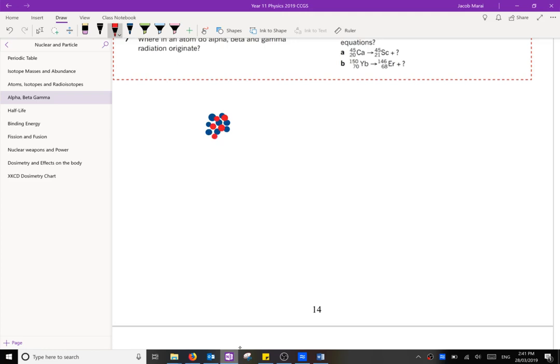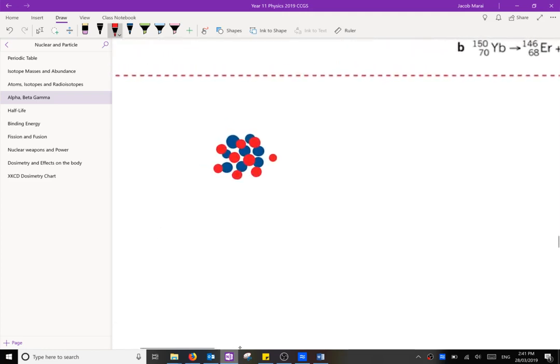In your nucleus, what I want you to visualize is all of those protons want to repel each other. There's an electrical repulsion. And so if the neutrons weren't there and I just had 1, 2, 3, 4, 5, 6, 7, 8, 9 protons, so we are at fluorine, 9 protons, they would all go flying apart. There's so much stored electrical potential that they would just burst apart going off in opposite directions.